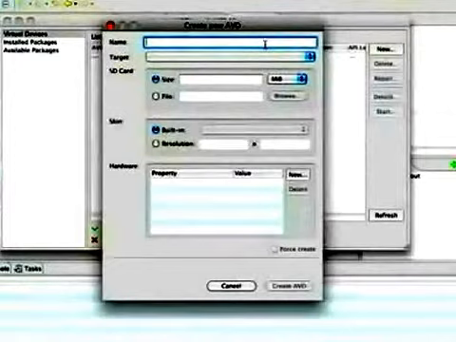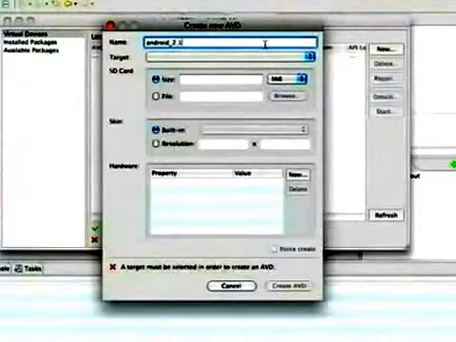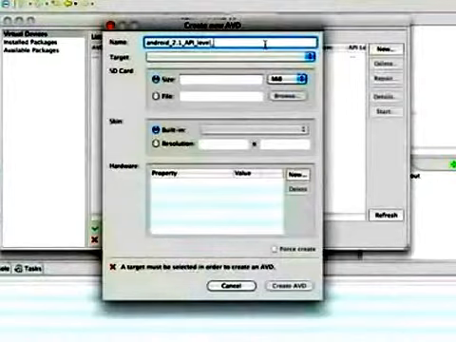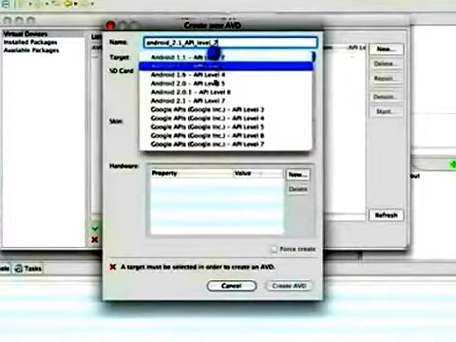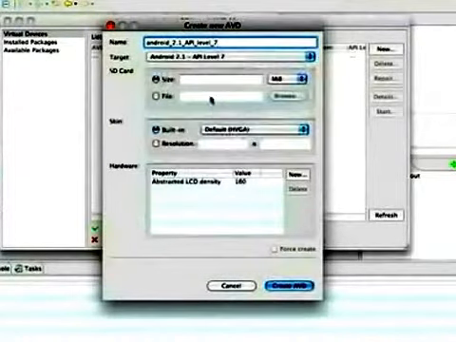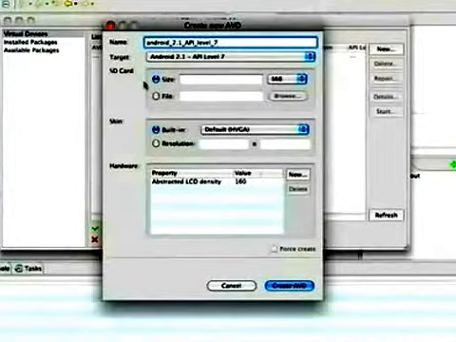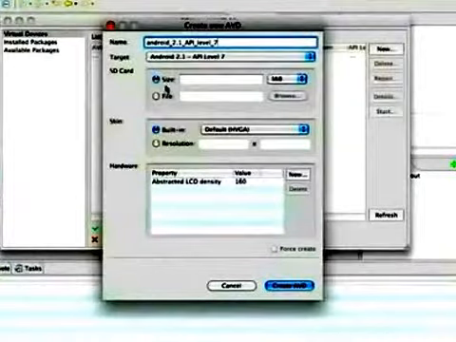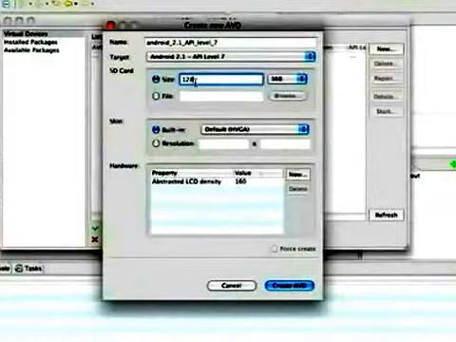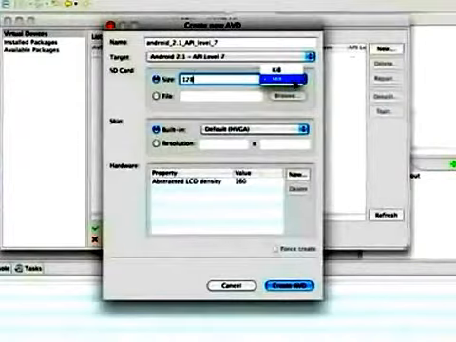We now have everything we need to create a virtual device. First, I will remove the one I have on my computer, which is done, and I will recreate it to show you the process. New, so the name. I usually create more than one device, so I like to have a meaningful name, and I usually include the Android version and the API level version. Here, level 7. For the target, so 2.1,